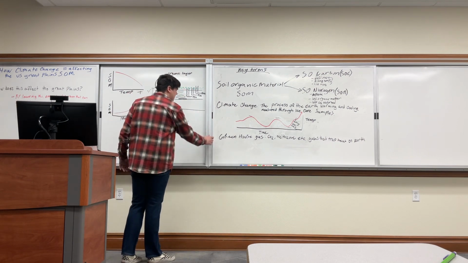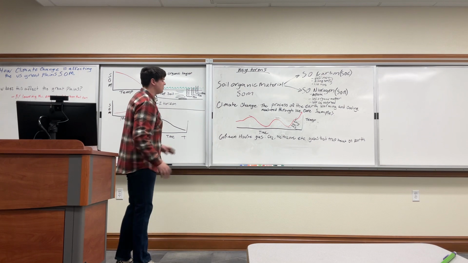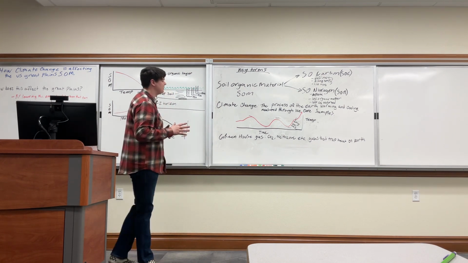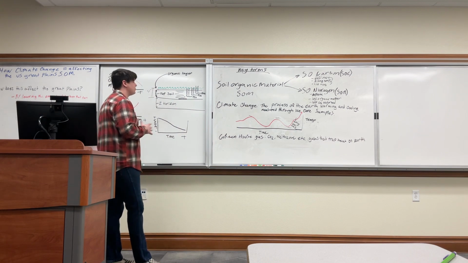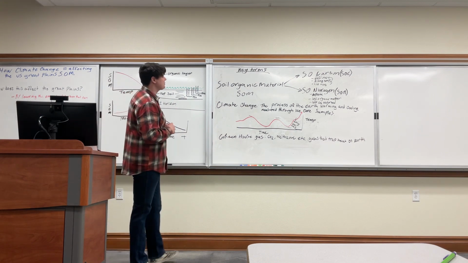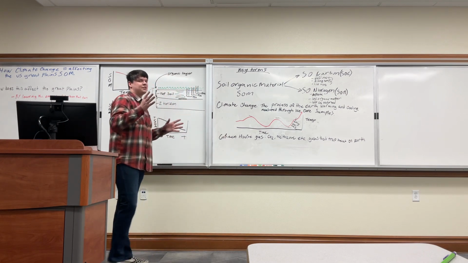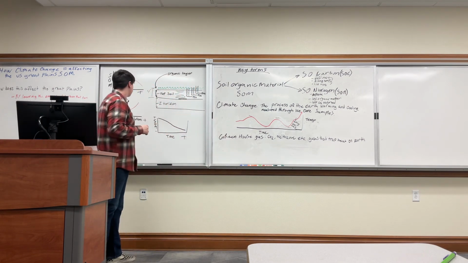Then the greenhouse gases in effect. The greenhouse gases are CO2, methane, and I think a couple of other gases that don't do us a good thing in the atmosphere. These are all gases that trap heat on Earth, so it doesn't let it escape back out into the stratosphere.